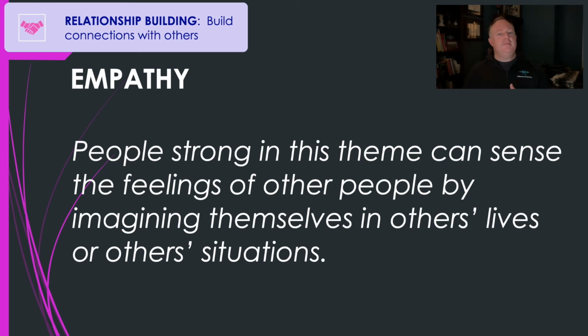Also, a potential blind spot: you might feel stuck or frozen for fear of hurting someone's feelings, because you have so much empathetic thought for that person. And that could be a bad thing. Sometimes you need to rip the Band-Aid off and move forward. That might actually be the best thing for a person versus being frozen or stuck without action.